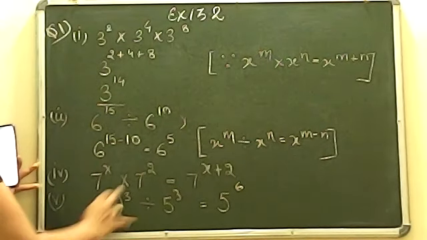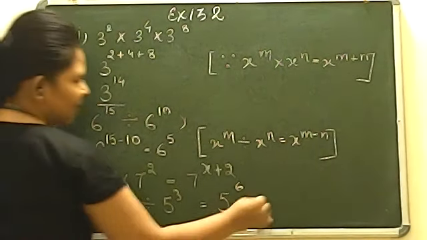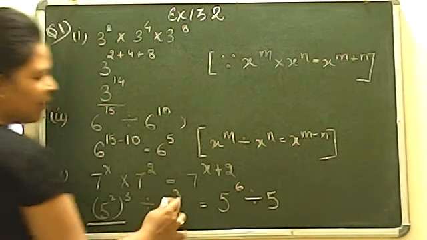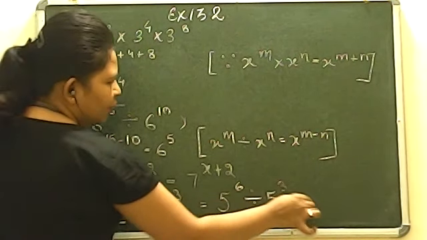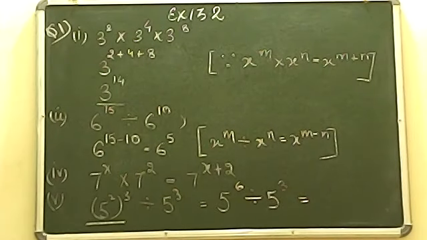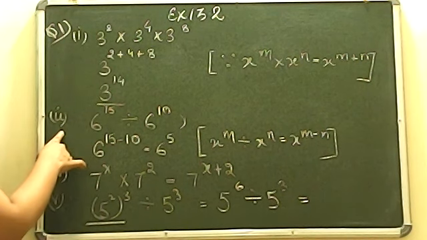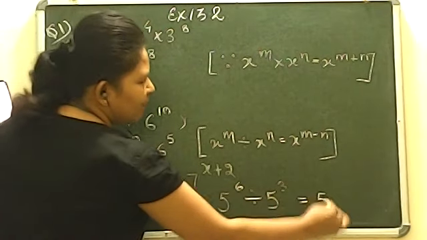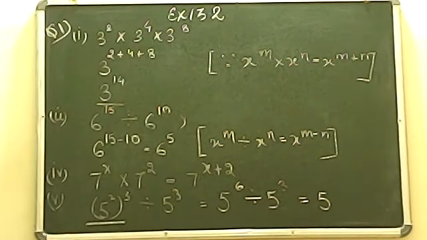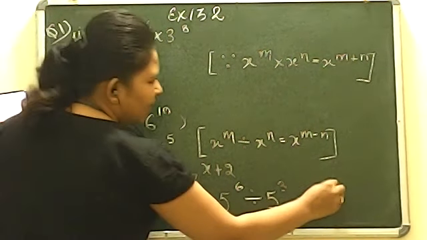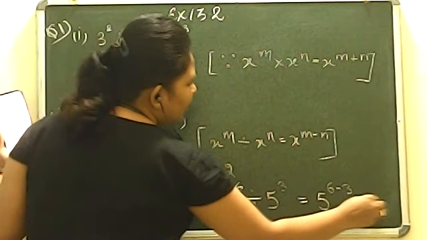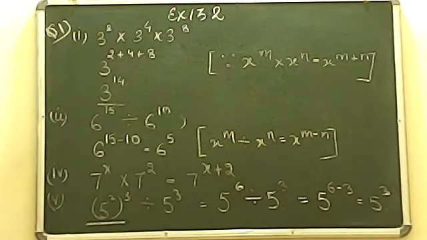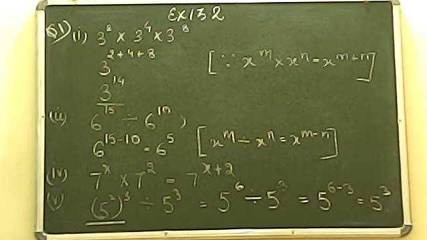ठीक है, 6 आ गया, 2 की पावर 3 का मतलब होता है 6 divided by 5 की power 3. We have written here 5 to the power 3. Now this question has converted into a normal number, that which we have solved in the second question. Okay, division sign, same base, different power. Can you please tell me what should be the answer now? 3. Okay, correct. It will be 6 minus 3, which will give you direct 3. So the answer for this particular question will be 5 to the power 3.